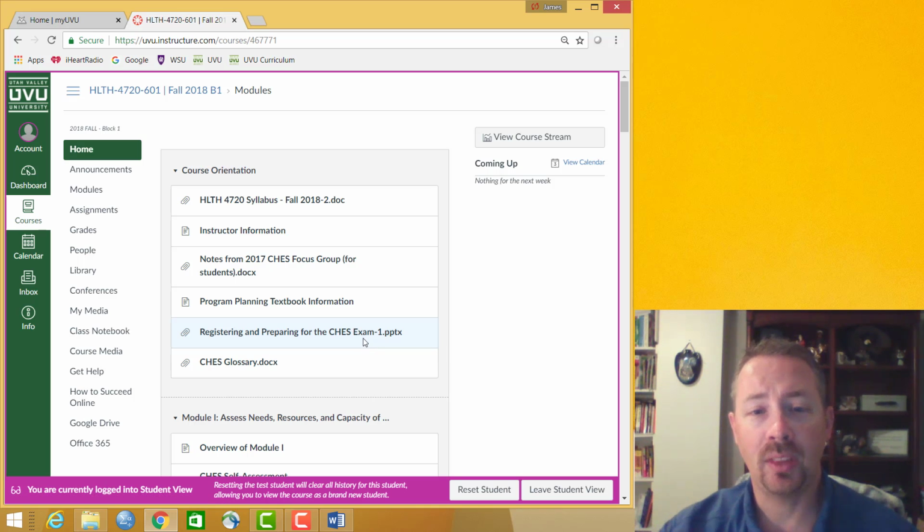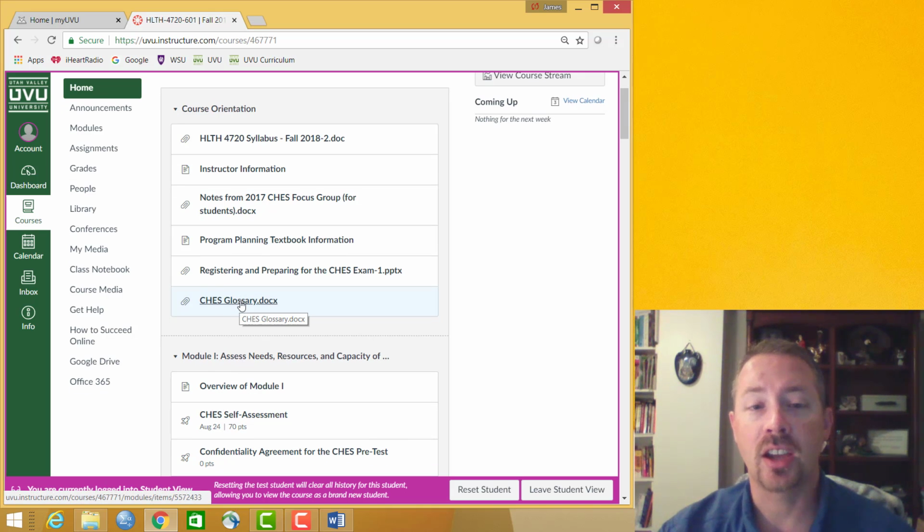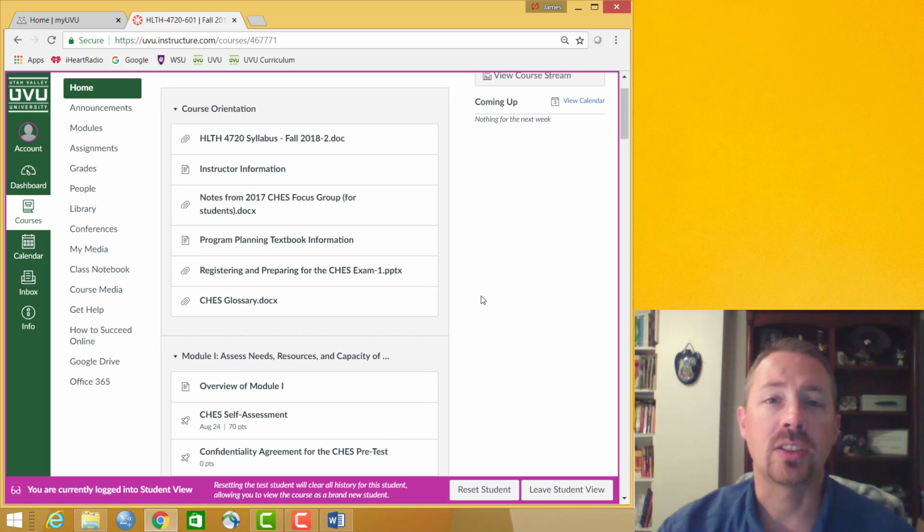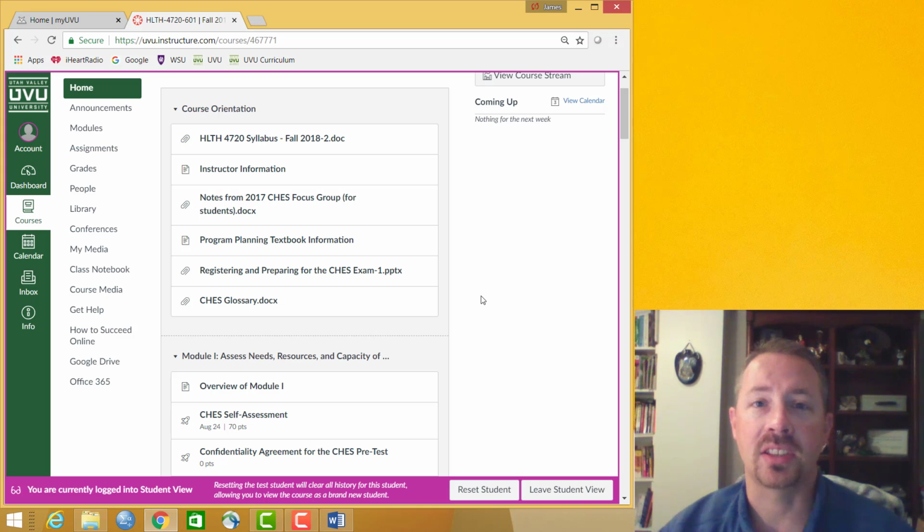So you want to have access to that. And then the CHES glossary, this is actually an interesting document. Dr. Brown actually had one of her CHES prep classes break up into groups, and each one took an area, and then they listed out all the major terms and the definitions and things like that, the important information that you want to focus on. So that document is on there as well.